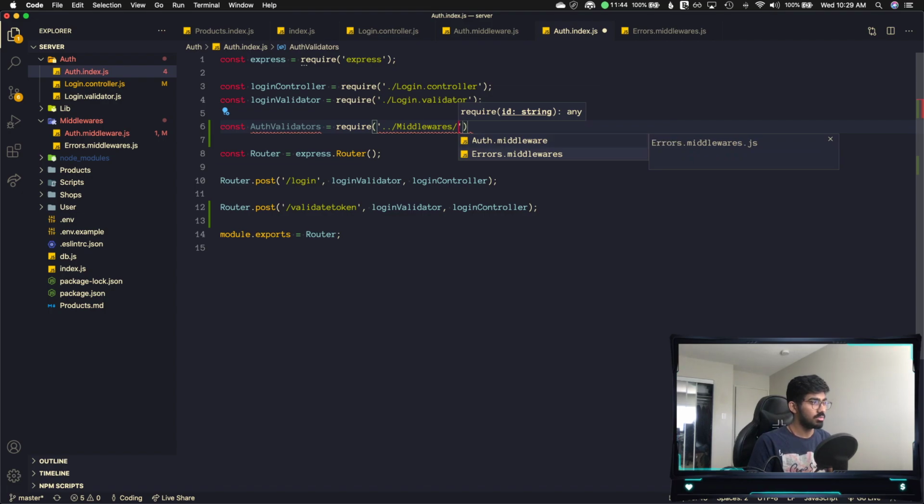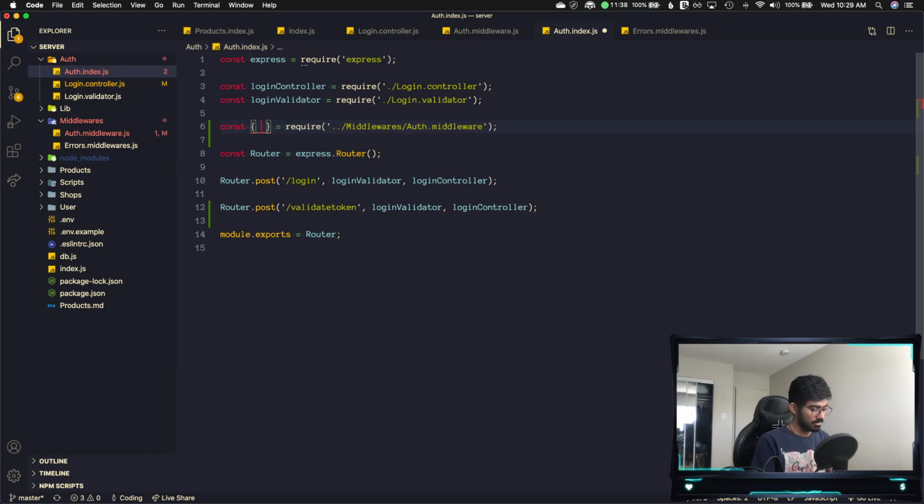Grab dot middleware, and we can directly grab is user is logged in,